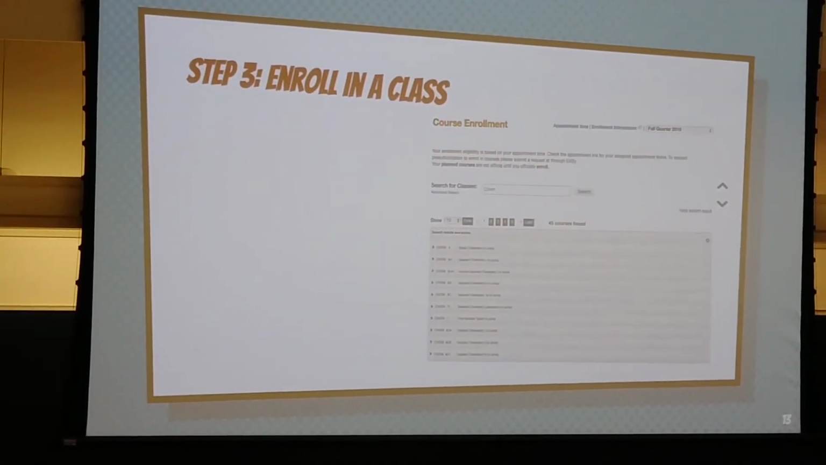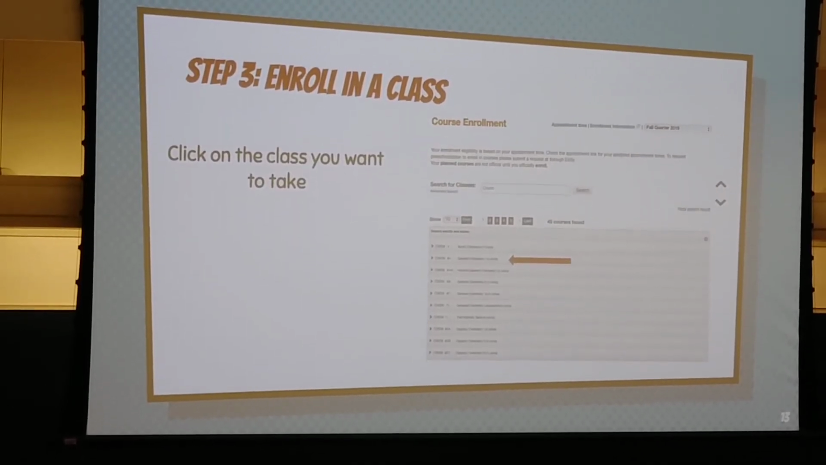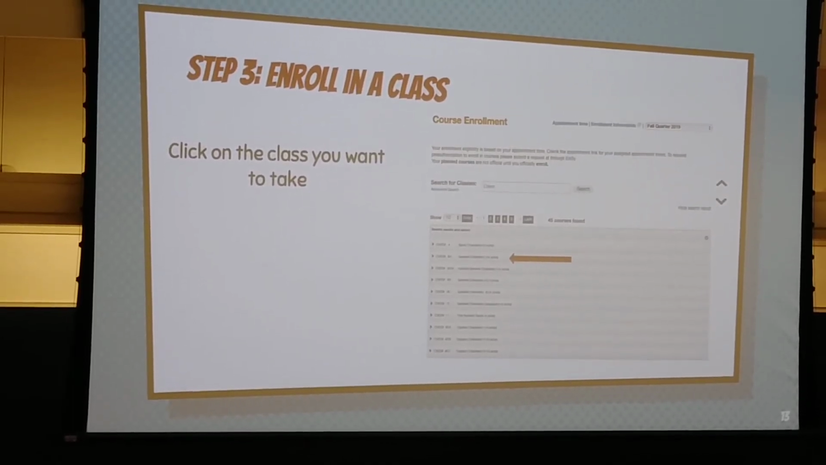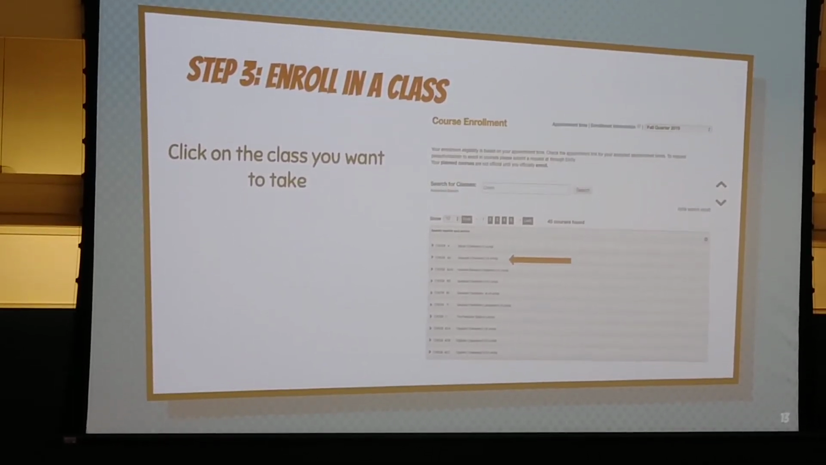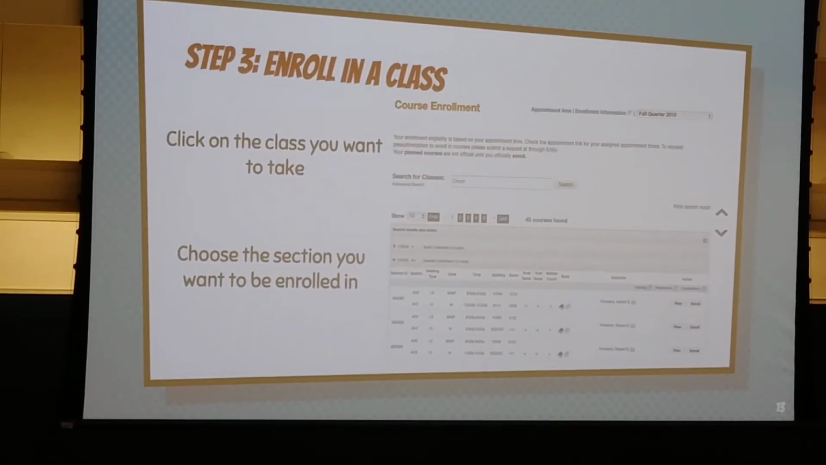So when you actually enroll in the class, you're basically going to search the class, and then you're going to click on the class that you want. So once they searched up Chem, all of the chemistry classes showed up, and Groot wants to enroll in Chem 6A, so you're going to click on Chem 6A, and then these tabs are going to show, which are